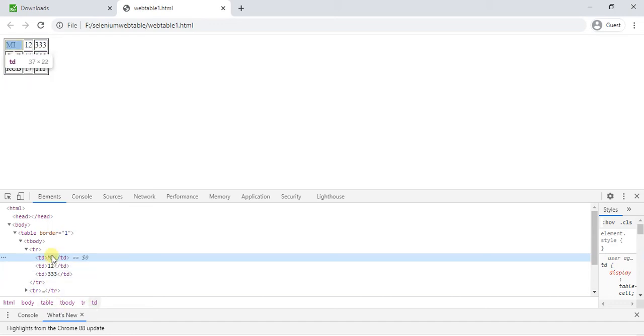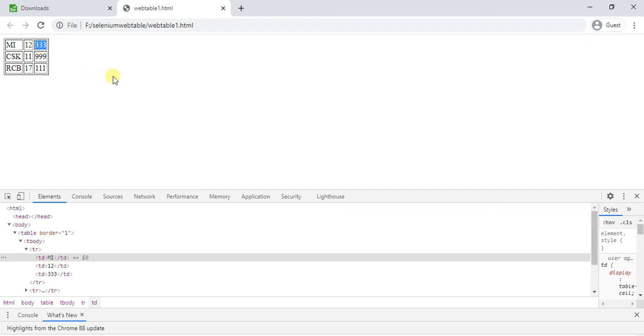Here MI and CSK RCB are the static elements. So we traverse from the static element to the common parent element. A common parent means it consists of both static and dynamic elements. Then traverse from the parent element to the dynamic element.